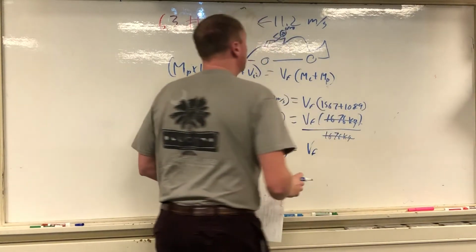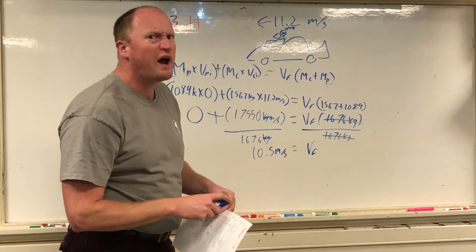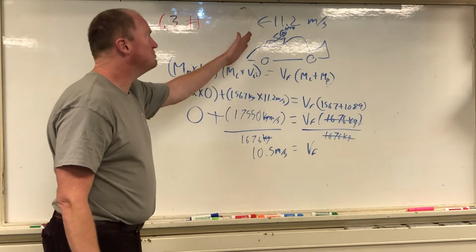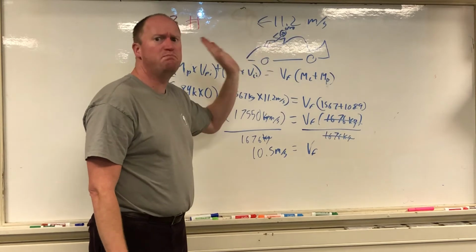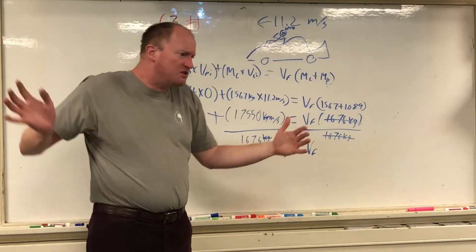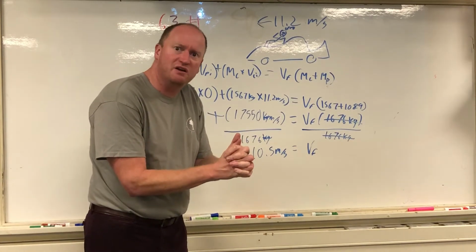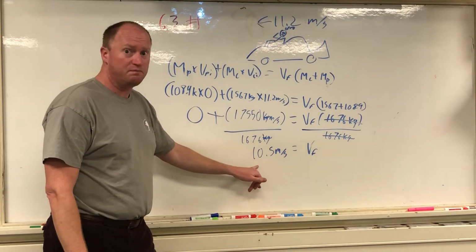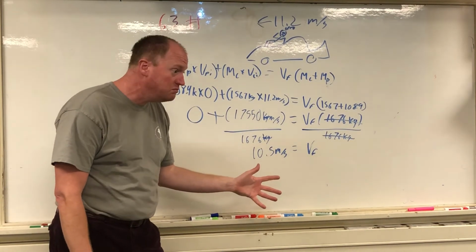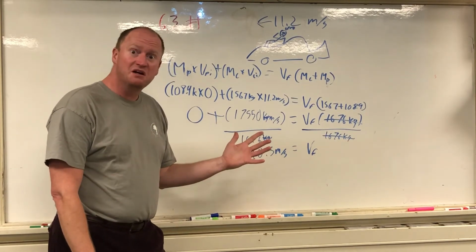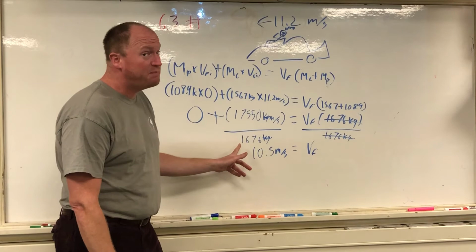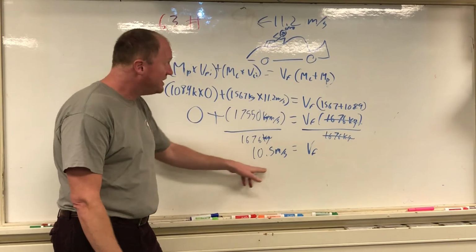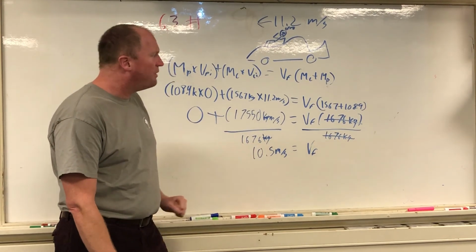Now, first off, is this right? How do we know if this is correct or not? Well, the car hits me. Do we expect the number to be bigger than it was when it hit me? Well, no, because in theory, I should slow the car down somewhat. So the car should definitely be going slower than 11.2. Am I slower than 11.2? Yeah. Do I expect a lot slower? Well, who's bigger, the car or me? Even a small car is a lot bigger than I am. So not surprisingly, the car slows down, but it hasn't slowed down that much. So just eyeballing this, if I'd done something